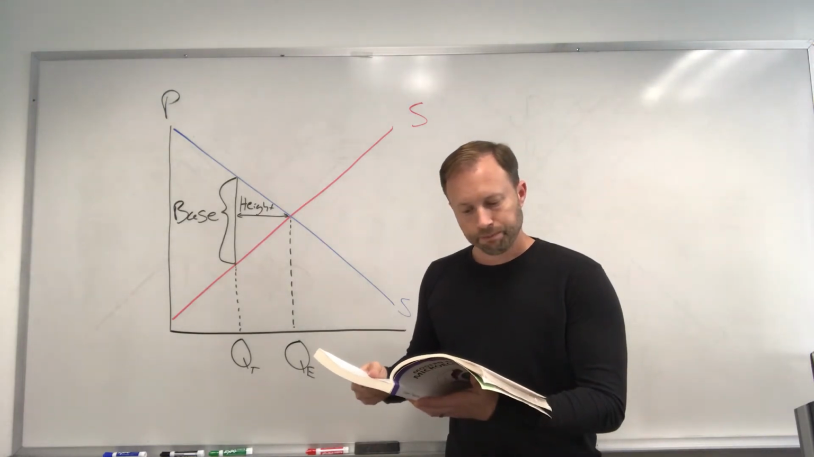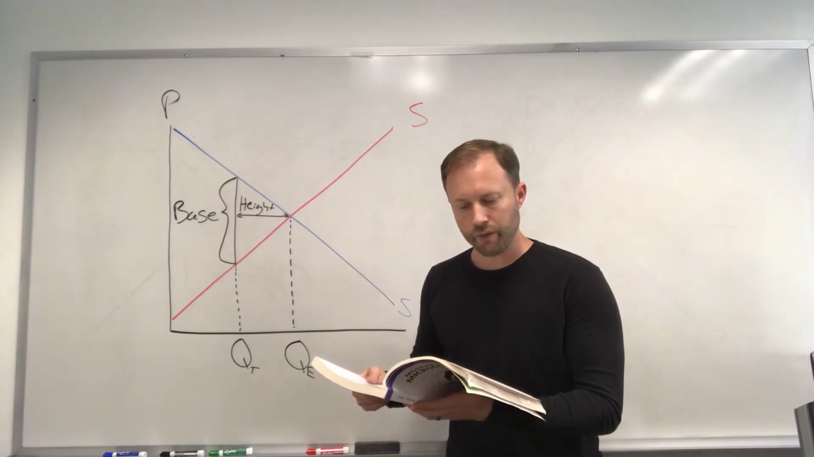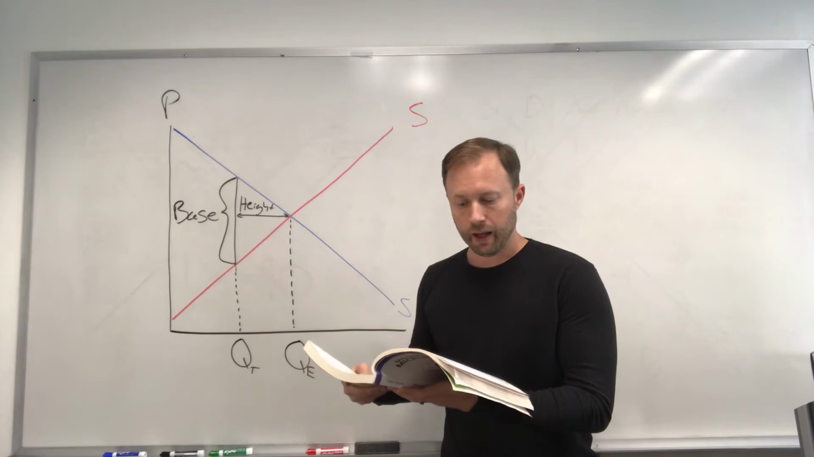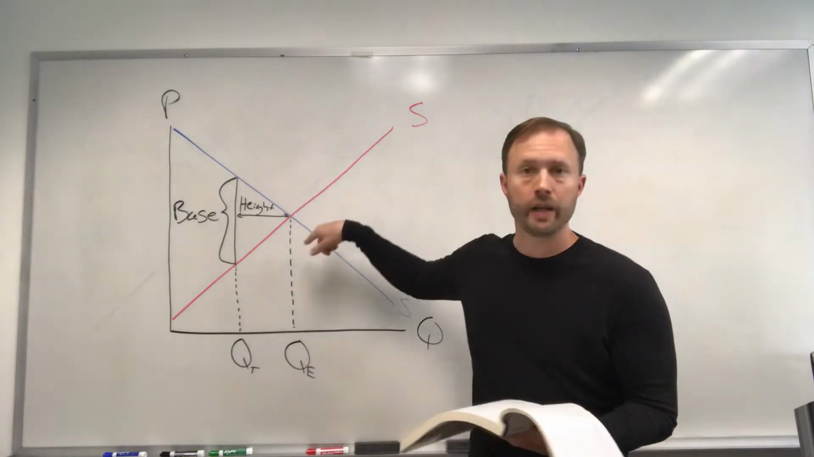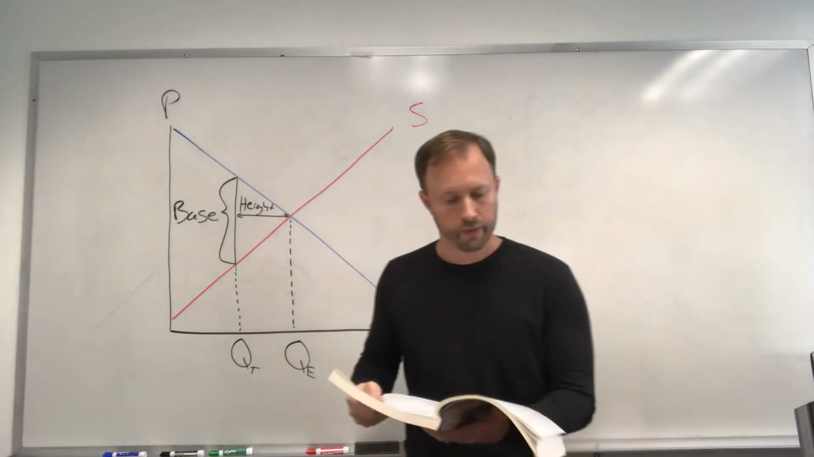Part C, holding the base constant, the height, and thus the deadweight loss would get larger if the demand curve or the supply curve were more what? Fill in the blank. The answer there is elastic. So I'm going to erase this and put up a couple of other graphs to show you the answer to